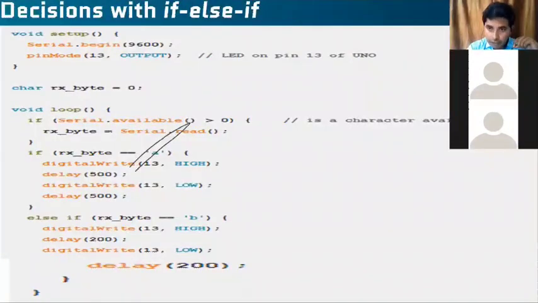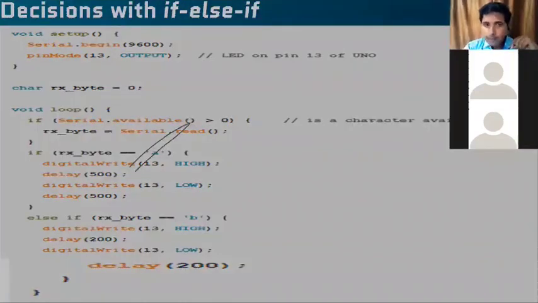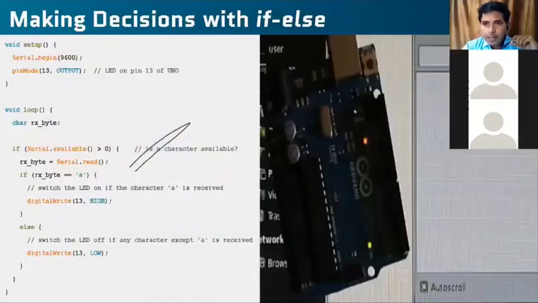First I'll write an if condition, else if. Maybe A is okay, then also you print. If B is also okay, then also you'll print. What I wrote in the previous example: if my value is equal to A, my LED has to be on. If my value is B, the LED has to be off.